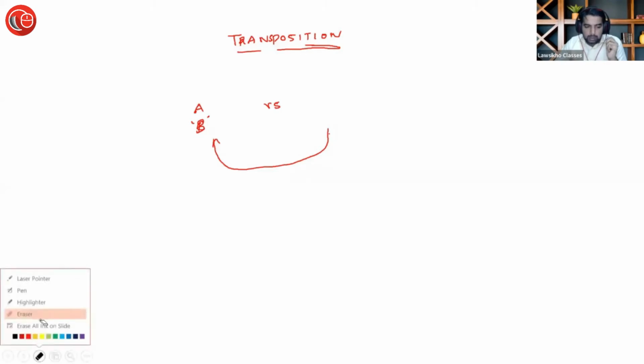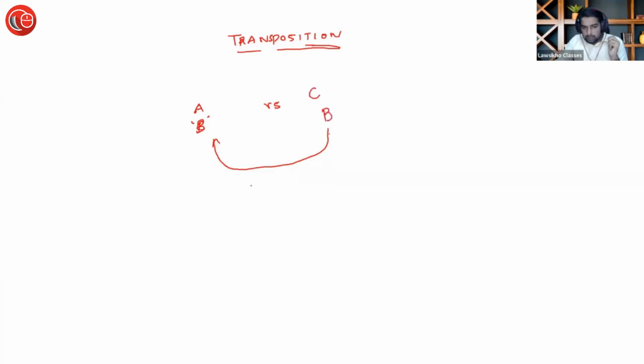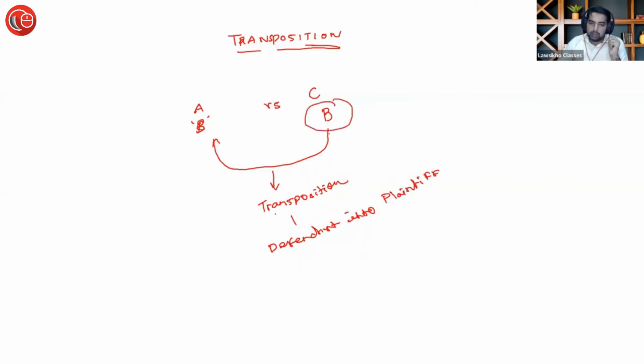So basically the court will make this pro forma defendant a plaintiff. The court will change his position from defendant. Court can make him plaintiff. So this is known as transposition. Transposition means that you are converting a defendant into plaintiff. Here, the defendant has been made a plaintiff by the court. So this is known as transposition. Basically you are changing the position of the defendant, changing the position of the party.